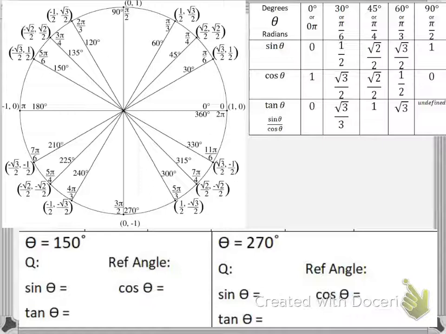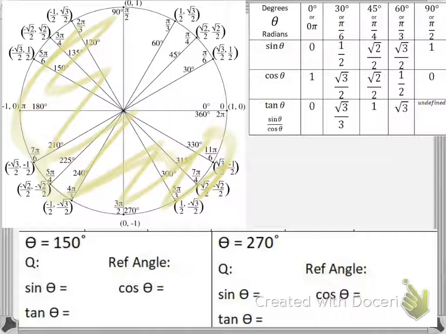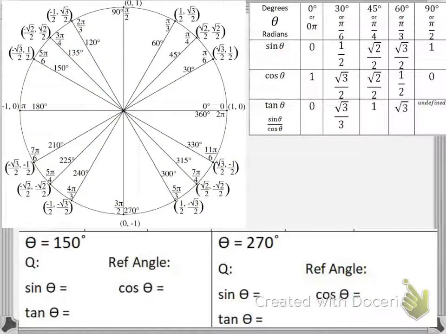So, I have the circle here, but what I really want to show you is if I only knew the first quadrant, if I didn't know any of this stuff over here, could I still figure it out? If I had an angle of 150 degrees, now I know that 150 degrees is right over here somewhere. If I had an angle of 150 degrees, first thing I would want to know is what quadrant is that